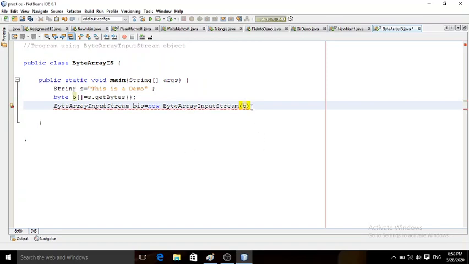I am using the first constructor with only one parameter, that is the array of bytes.